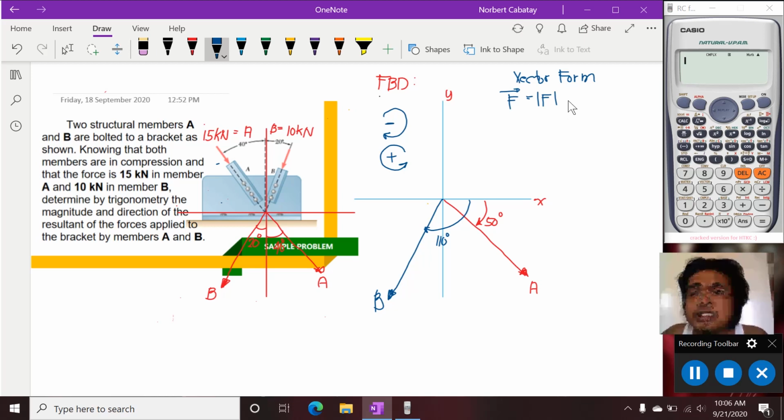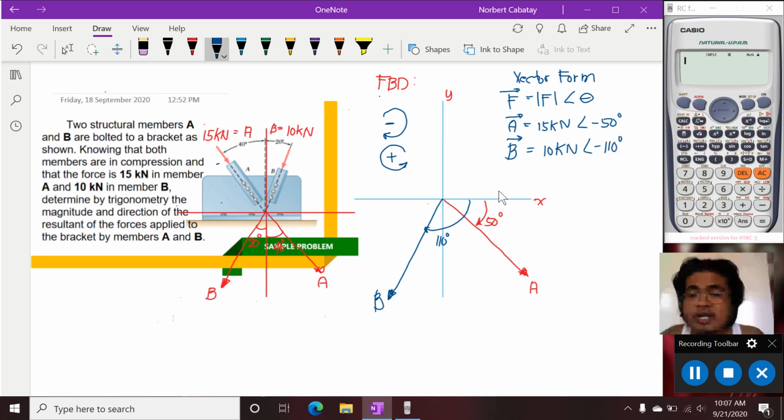Multiplied by its direction. In this case, the direction we will use is the angle symbol, the bar angle, with theta. Theta must be negative if it is measured clockwise, and positive if counterclockwise. Therefore, vector A or force A has a magnitude of 15 kilonewtons, bar angle negative 50 degrees. It is negative because it is clockwise. And force B is 10 kilonewtons bar angle negative 110